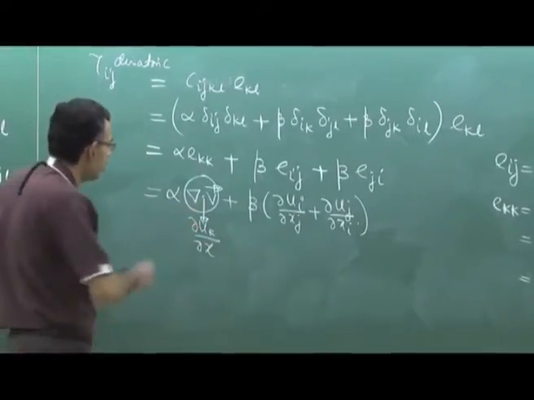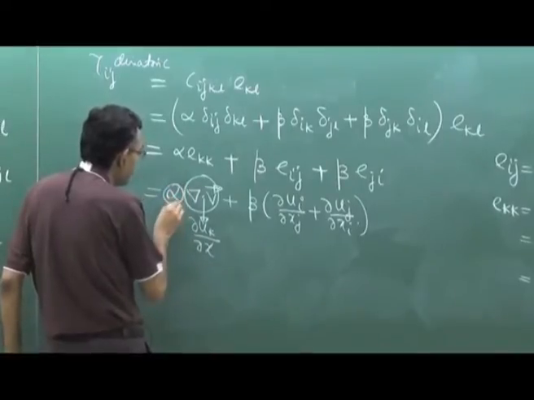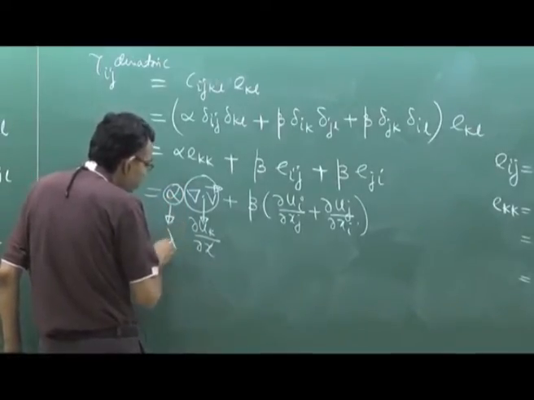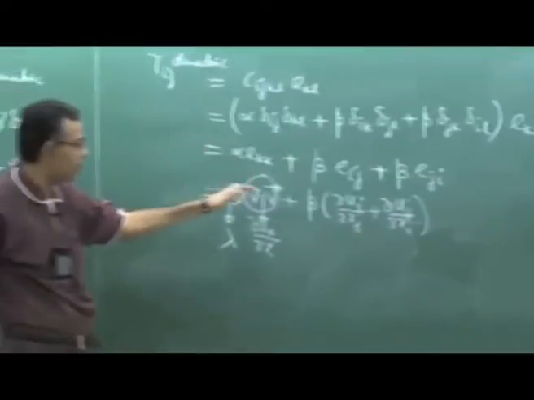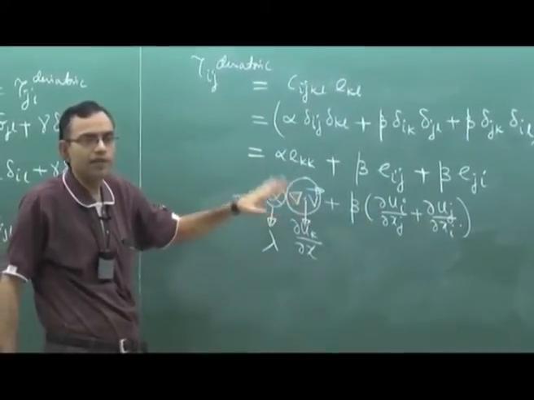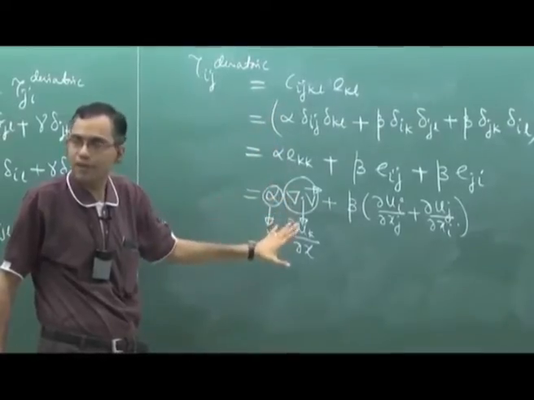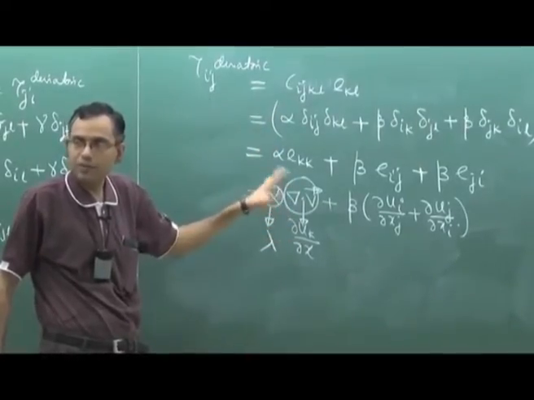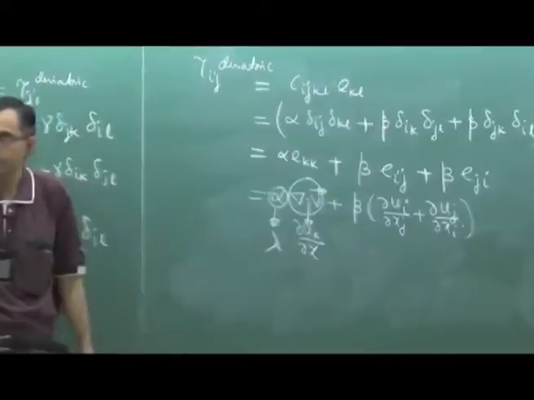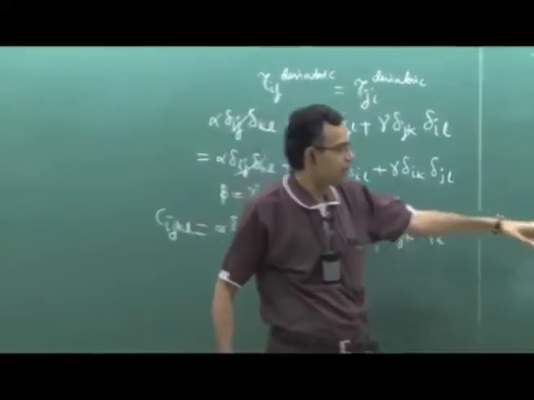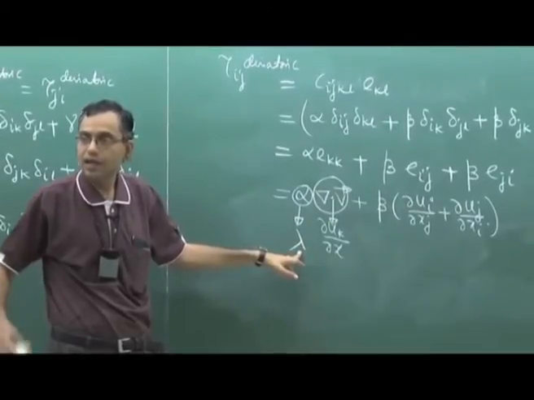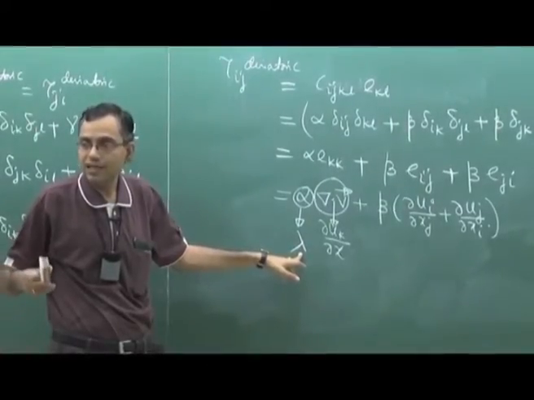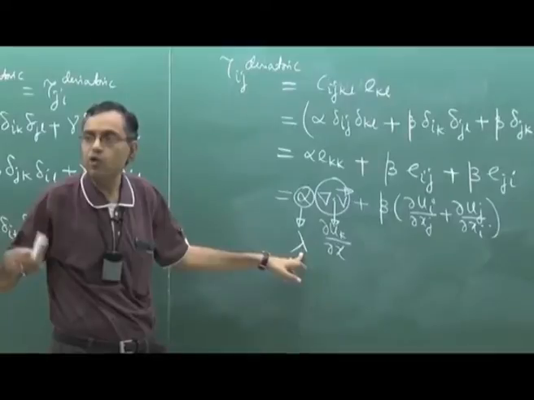So this is known as the volumetric dilation coefficient. In most of the books this is given the symbol lambda, that is why I am just changing it from alpha to lambda. It does not matter, but since most of the books use lambda as the symbol, that is why I am changing it. This is called the volumetric dilation coefficient, because it is very clear that it relates the stress with the volumetric deformation.